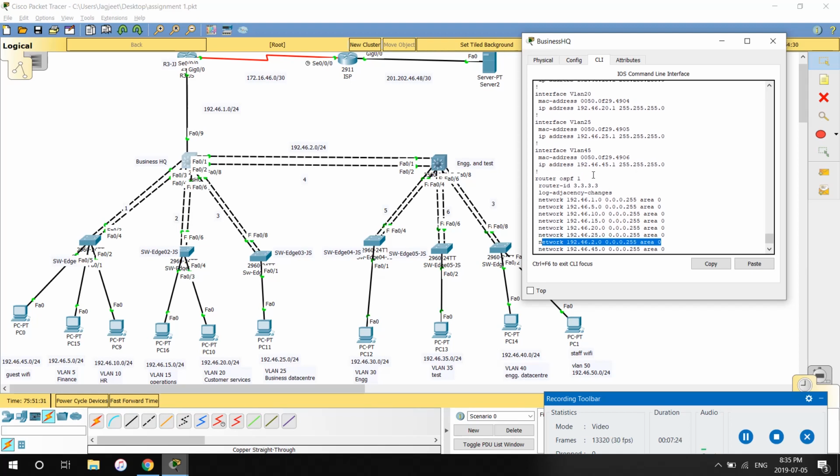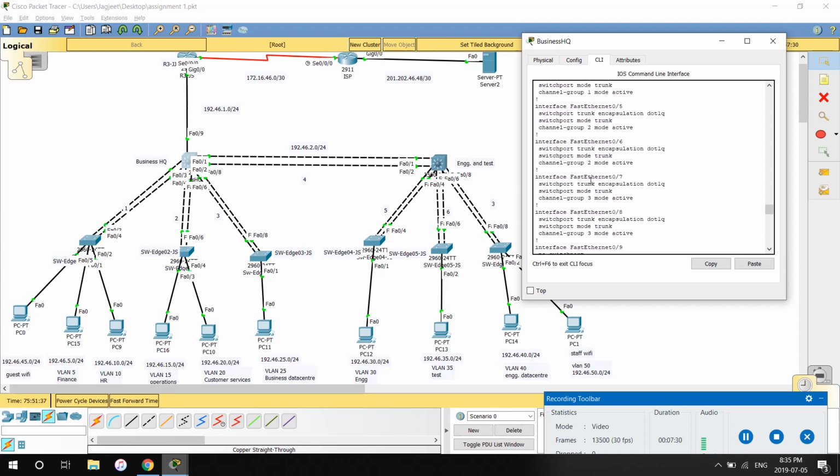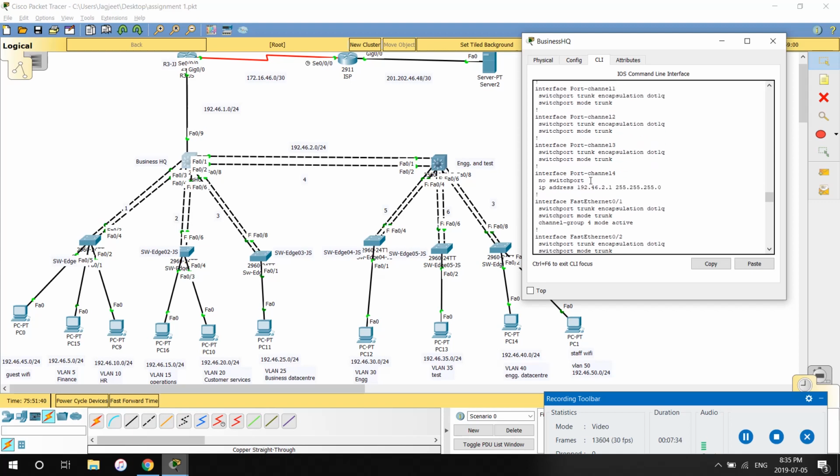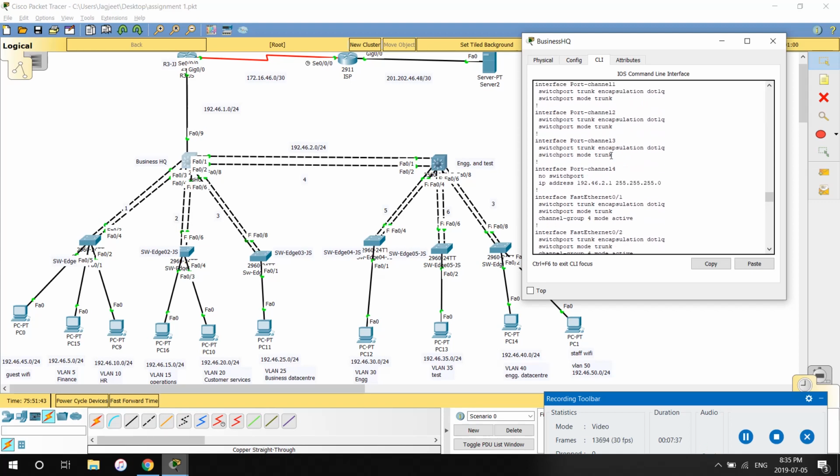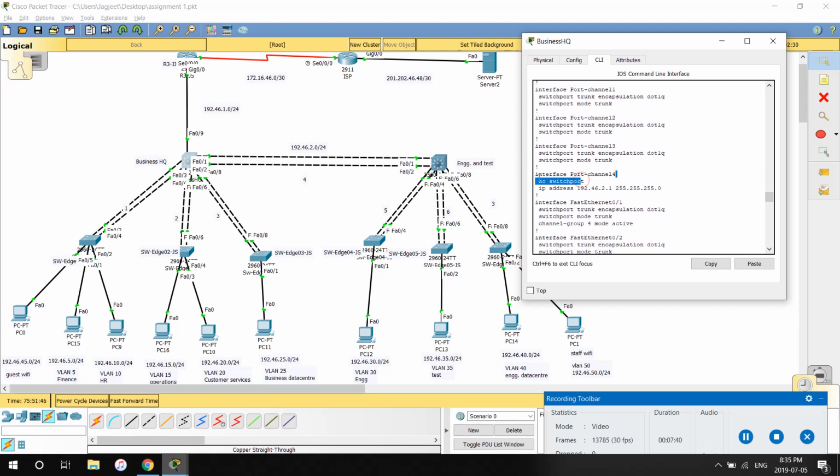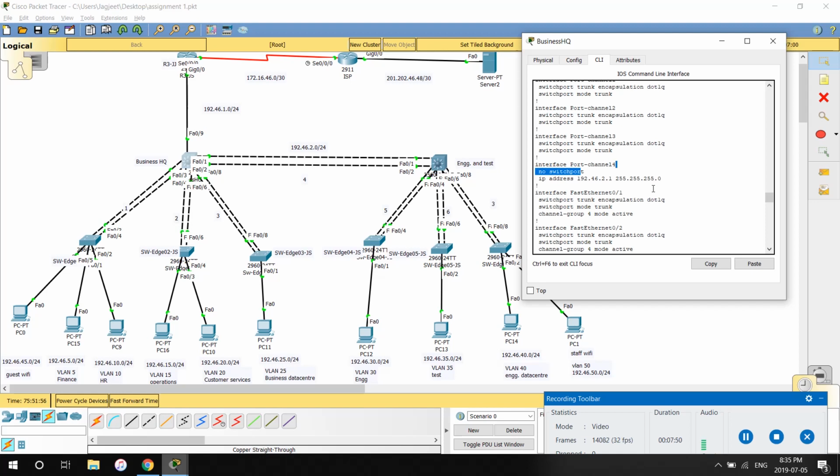So I have assigned the router ID to this multi-layer switch, which is 3.3.3.3. I was only able to assign this router ID and this OSPF by giving the command no switchport. So firstly I assign the command no switchport, then assign the IP address to this port channel. After that I gave the command ip routing to enable the routing on this multi-layer switch. After giving this command, it started acting as a router. Then I assigned the router ID to this multi-layer switch, and then assigned all the networks over here. So all these networks, this one and this one, same thing is here